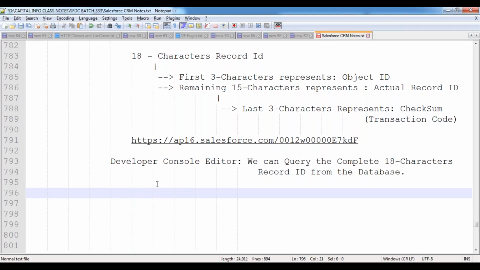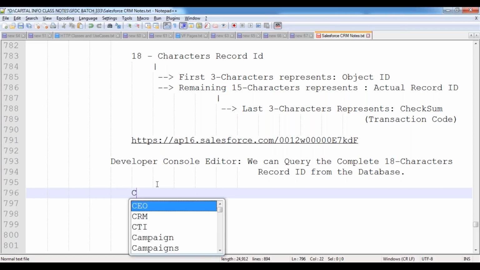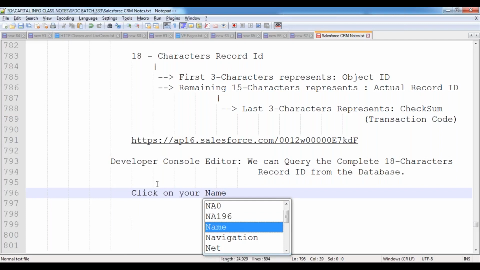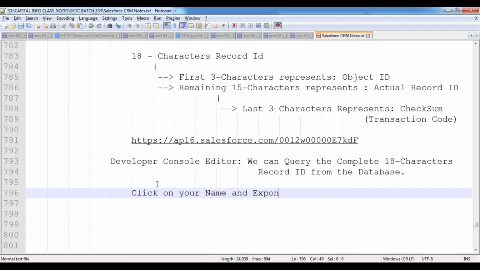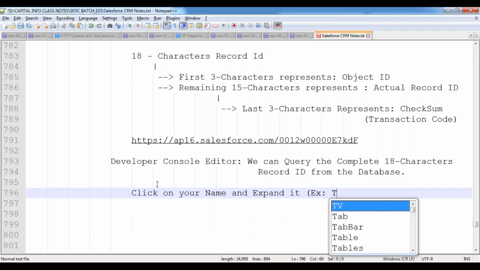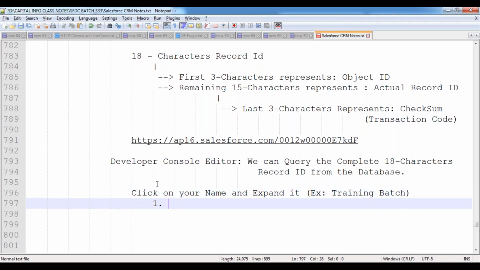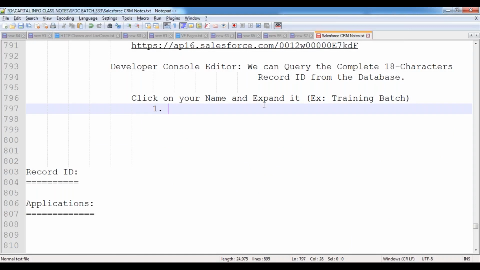Now let me show you over here. Click on your name, the account name that we have, and then expand it.